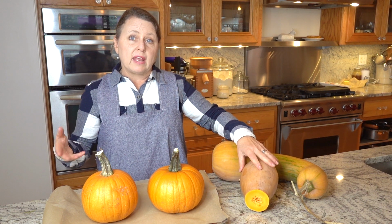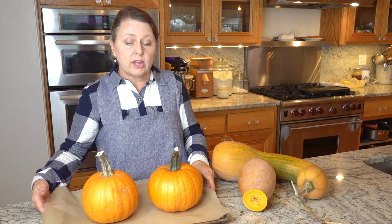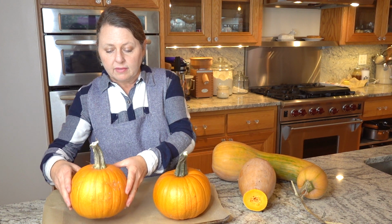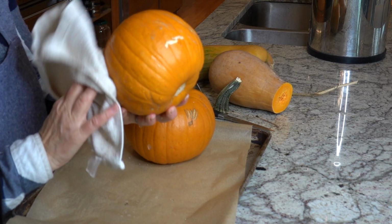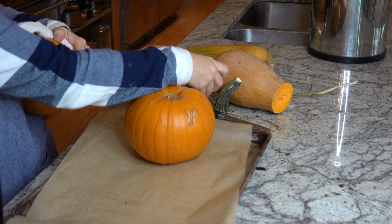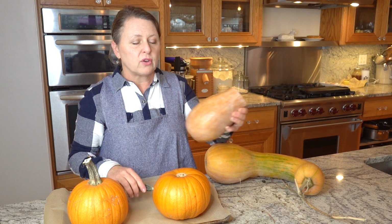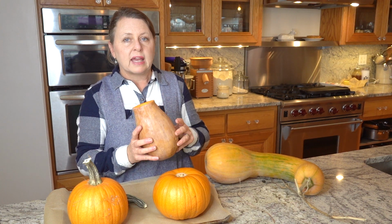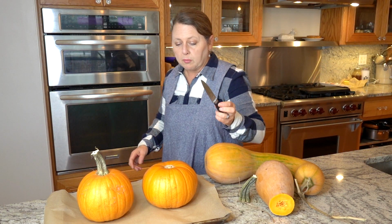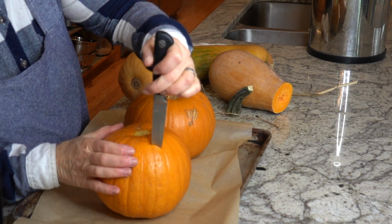So the second way that I cook pumpkin is I'll just set them on a cookie sheet with unbleached parchment paper. I will rinse them off and dry them, and I will remove the stems. I'll take this off also. And I'm going to go ahead and cook the rest of this pumpkin today because I want to make a pumpkin pie. It's also important to put a little hole in the pumpkins because